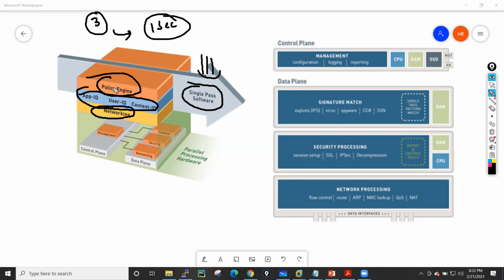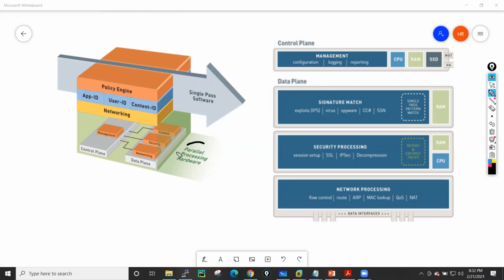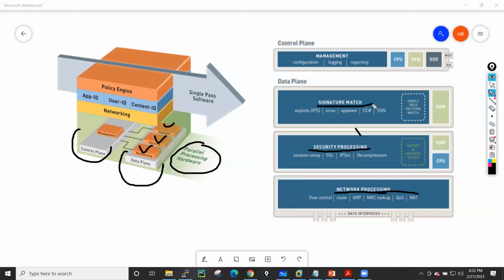And why are these things happening in a parallel way? Because Palo Alto has parallel processing hardware. What has Palo Alto done? Palo Alto has divided its hardware into two parts: control plane and data plane. And it has divided the data plane further into three other planes, which are your networking processor, your security processor, and your signature processor.